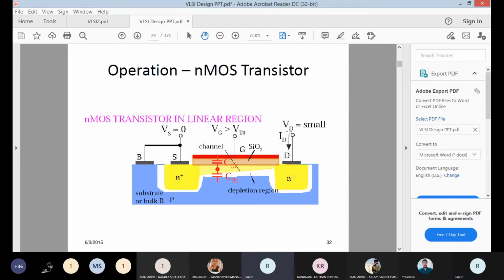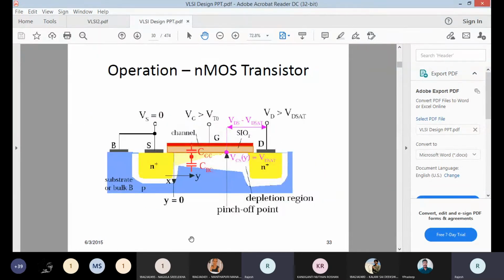So as you increase drain voltage from 0 to VGS minus VTN, it operates in the linear region. Linear region means IDS will linearly increase. But if you apply a drain voltage greater than VGS minus VTN, the gate to channel voltage becomes less than VTN, due to which the channel ceases to exist,